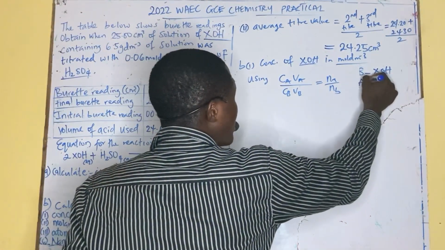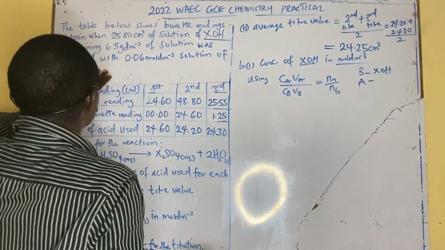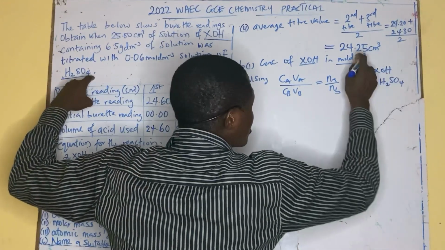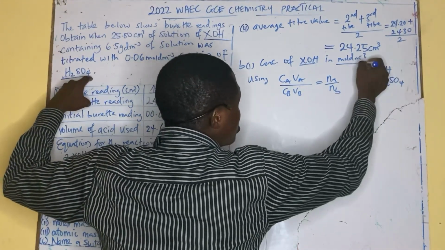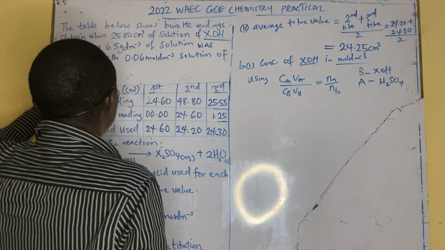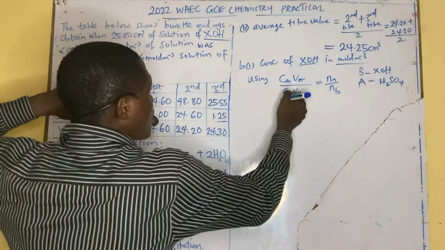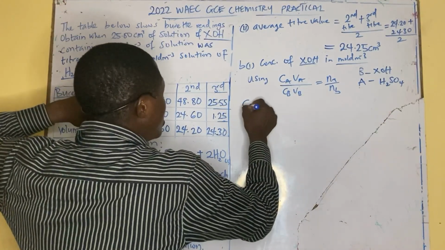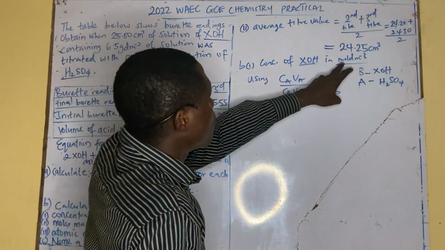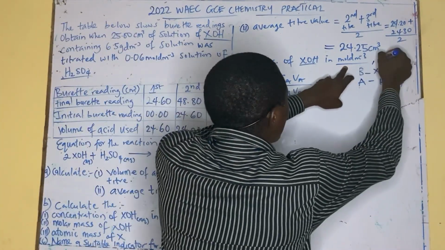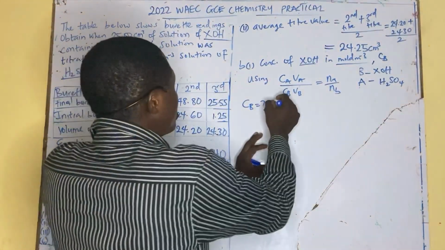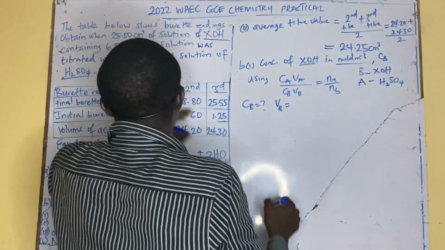And our A here is the H2SO4, which is our acid. Please note that we usually use B for base, and A for acid. So now, we are looking for the concentration of B, which is unknown here, because the concentration of XOH in mole per dm cube is the concentration of base, which is CB. And your VB is given from the question, which is